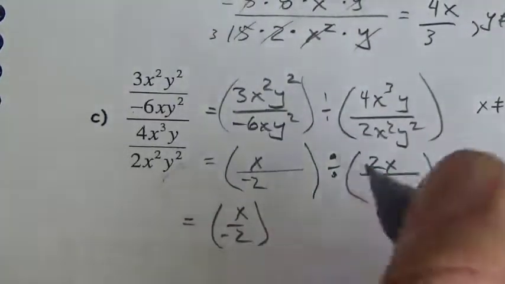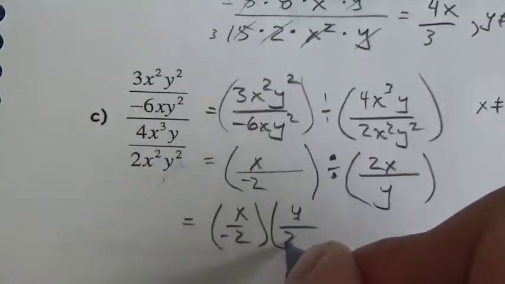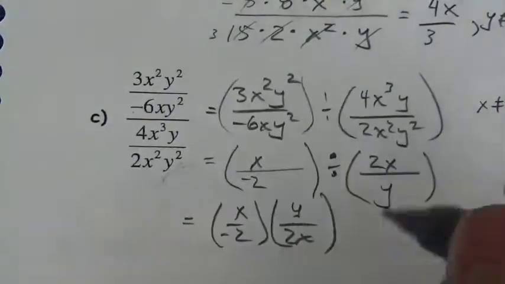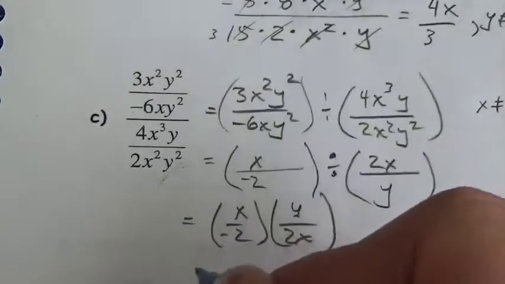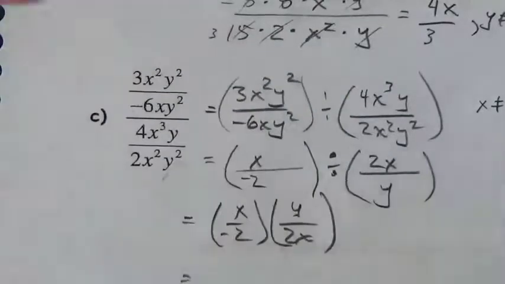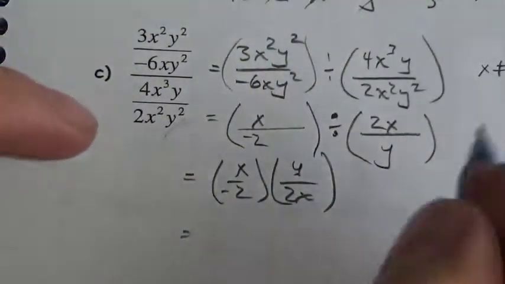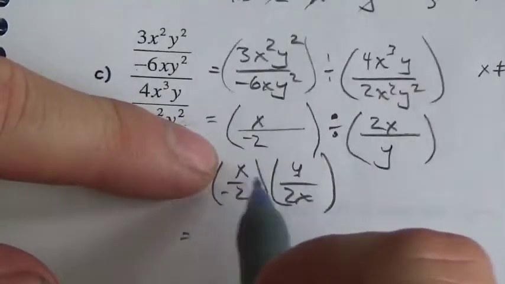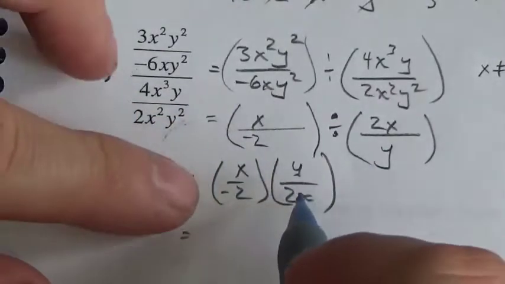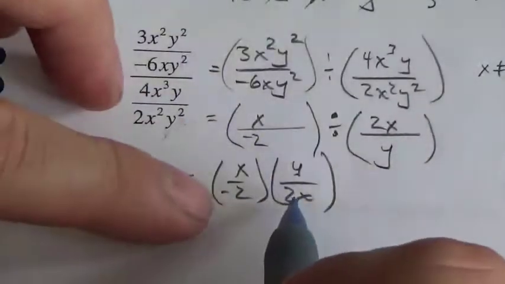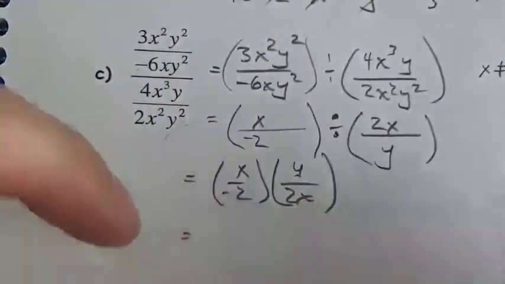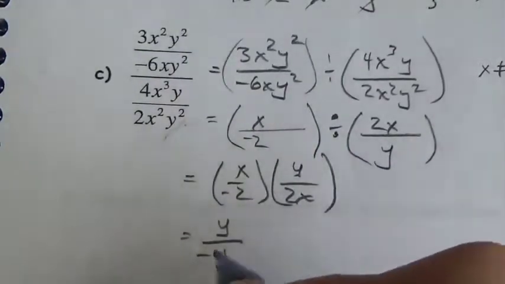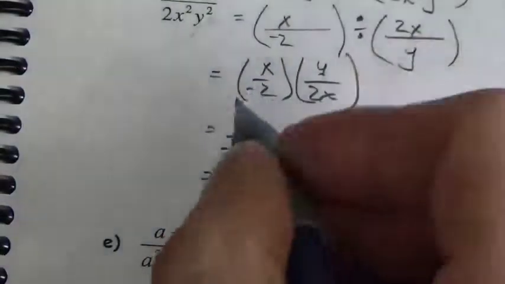Okay, let's change this division into its equivalent multiplication statement. And here it's even more clear that x cannot be equal to 0 because it just jumped into the denominator. Now, remember the freedom that I have with multiplication and division. I'm going to multiply straight across. There's an x in the numerator, x in the denominator. Because order doesn't matter with multiplication, I could move that x forward and then have the x's cancel. So I would be left with y over negative 4,